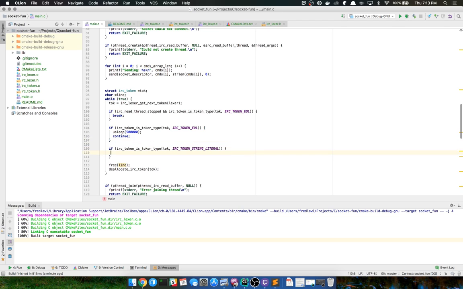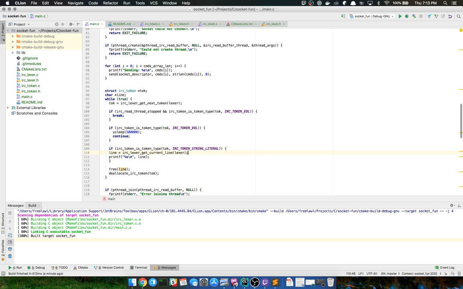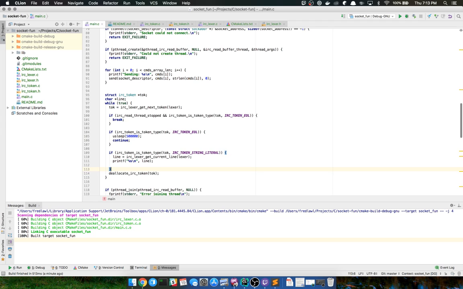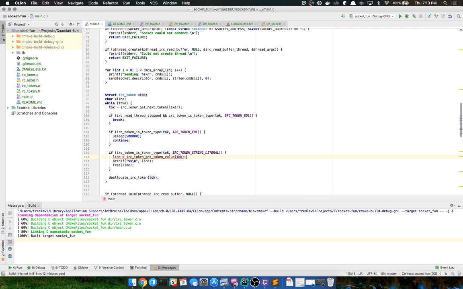So this should show all. I'm not going to do the current line, so I'm going to do toke dot. No wait, nope. Sorry, IRC get value. Get token value. Toke string.